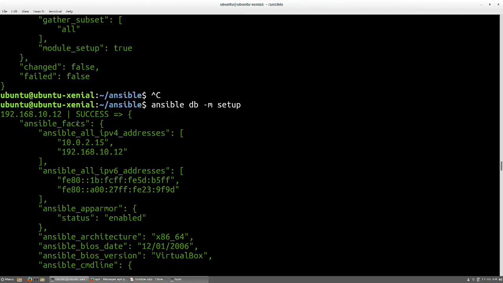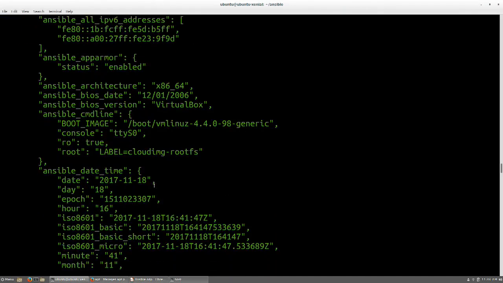Again, we're using all Ubuntu systems, but if you have a very mixed environment, some Red Hat, some Ubuntu, some Windows, and everything in between, you can check the specific host name. I'm sorry, not the host name. The